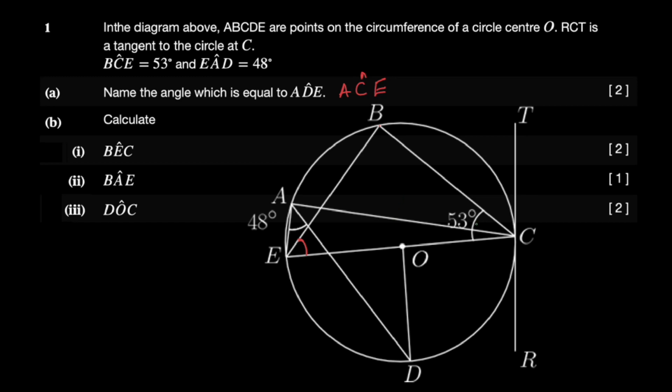If you can see, triangle CBE, or EBC, is actually formed from the diameter. So EC is the diameter. If it's the diameter, it means the angle subtended at the circumference by the diameter